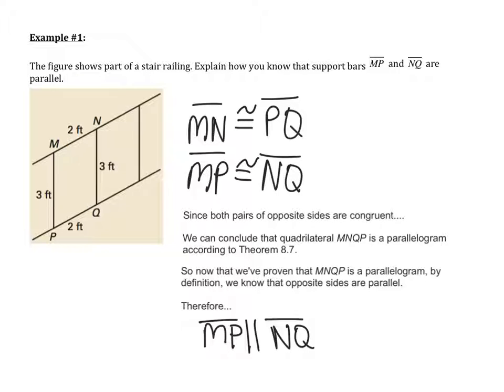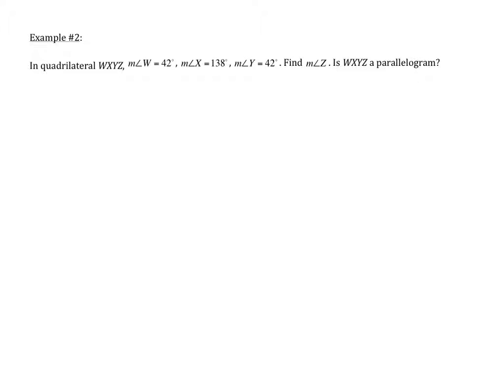So again, first we proved that the quadrilateral was a parallelogram since opposite sides were congruent. And then by the definition of what a parallelogram is, because remember the basic definition of a parallelogram is that opposite sides are parallel, we know that MP and NQ are parallel. So now we have example number 2 in quadrilateral WXYZ. So first notice that it's not telling us that it's a parallelogram, it's just a quadrilateral. We see that the measure of angle W is 42 degrees, the measure of angle X is 138 degrees, and